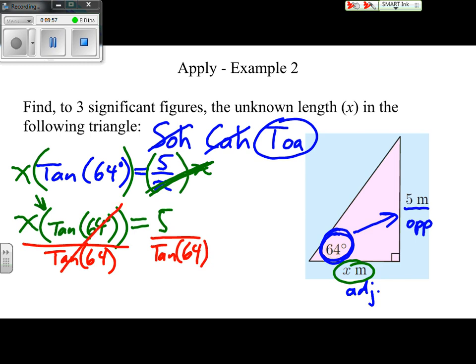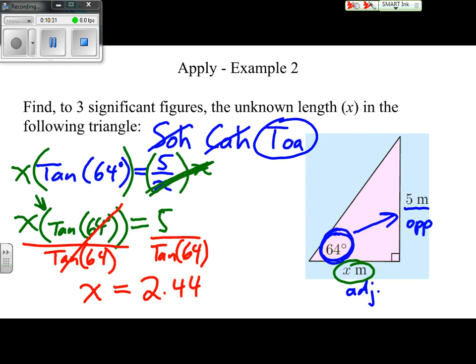We're not used to doing algebra or division with words and abbreviations like tangent and things like that, but we're still just doing the same thing. We know that tangent of 64 is a number when we punch it in the calculator. The reason we haven't done it yet is it's going to come out to some very long decimal, and I don't want to round until I get to my last step. So on the left side, since we divided both sides by tangent of 64, x is the only thing that's left. On the right side, we have 5 divided by tangent of 64. I punch that into the calculator, and I end up with